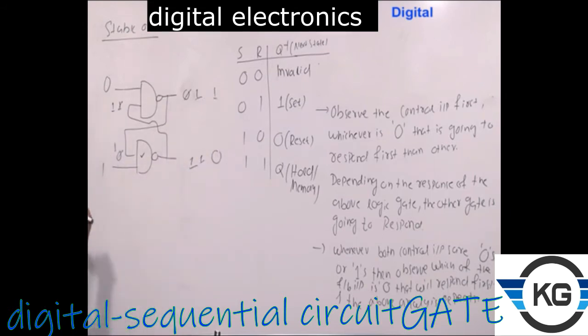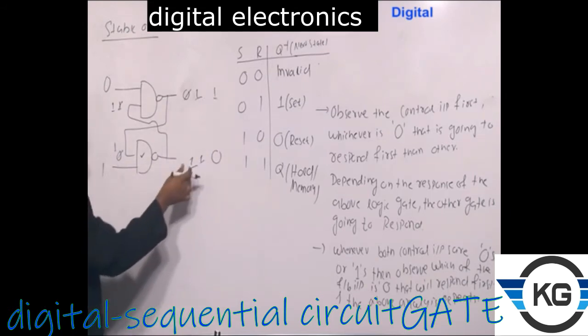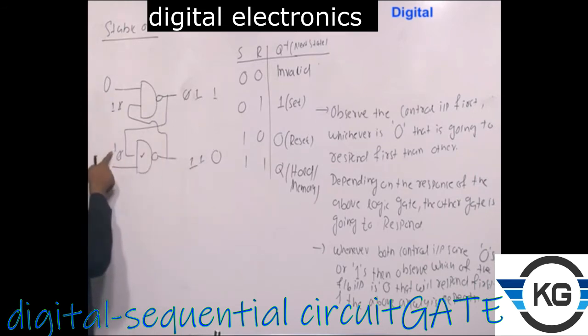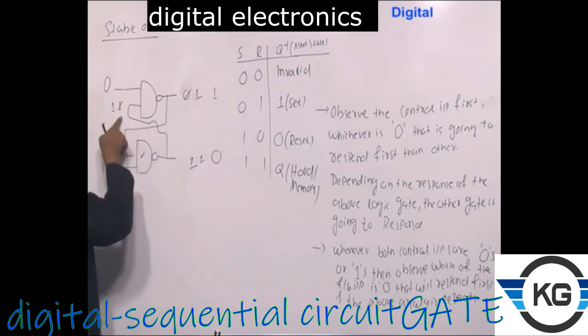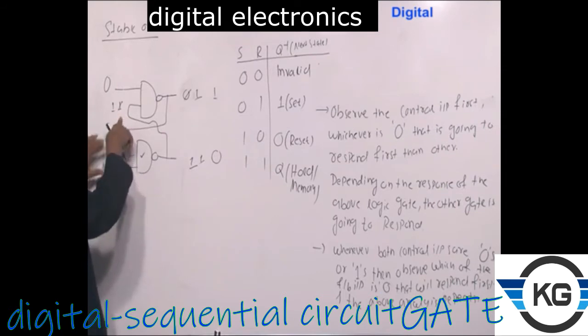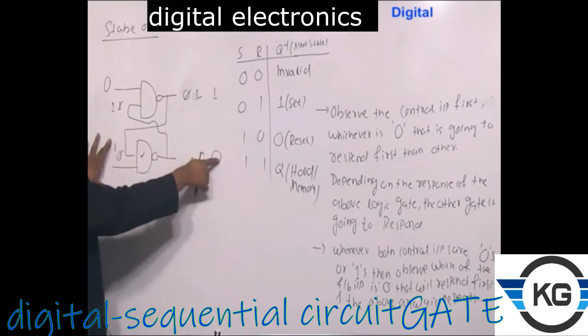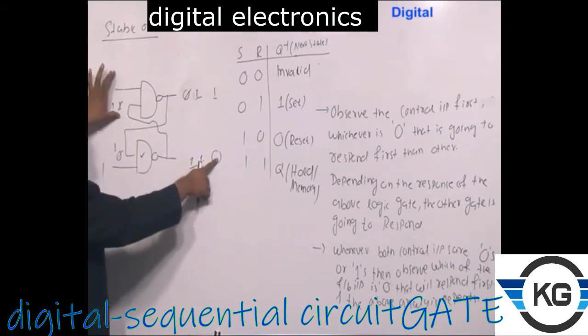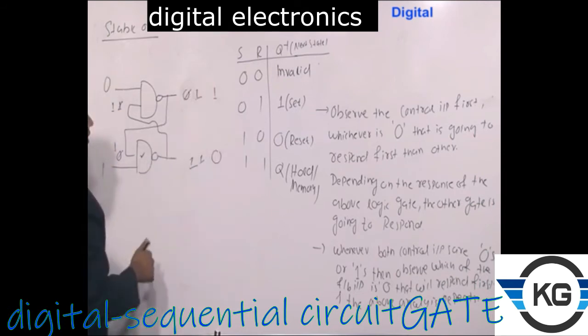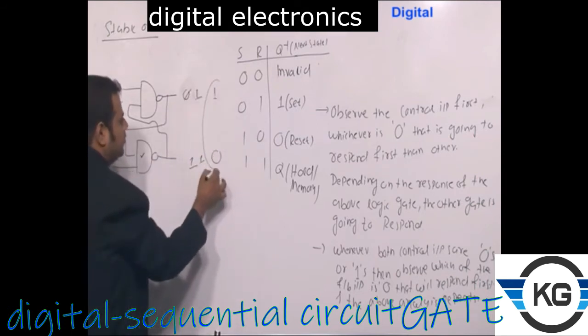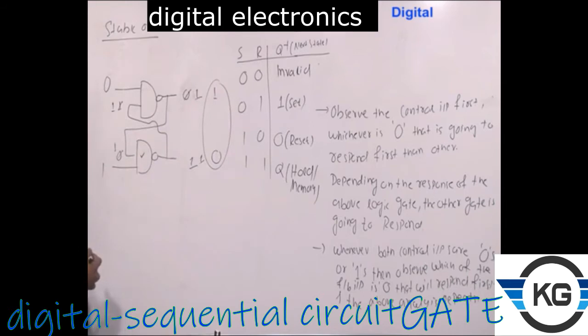And after this, if you do the analysis, what will happen? Now you see what is happening. Now this 1 is permanently connected here. Now this 0 is permanently connected here. So both of these inputs are 1 and 1, which corresponds to output 0. Both of the other inputs are 0, 0, which corresponds to 1. That is what we mean by the stable output.